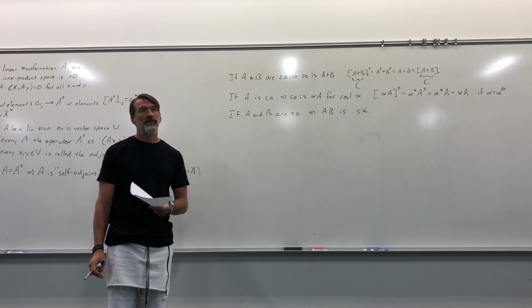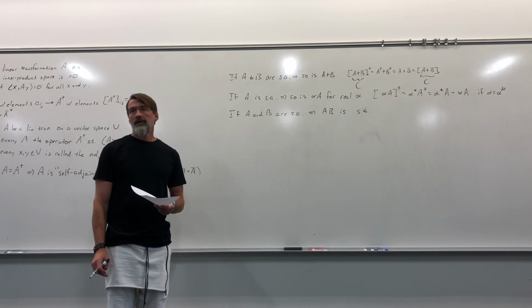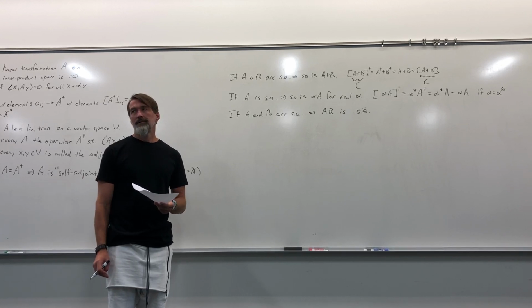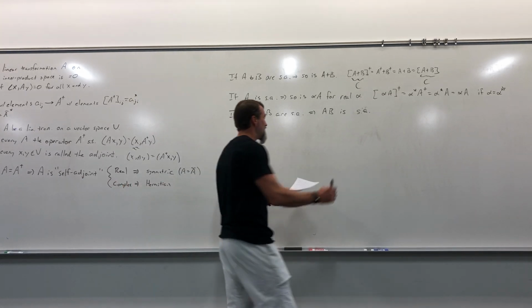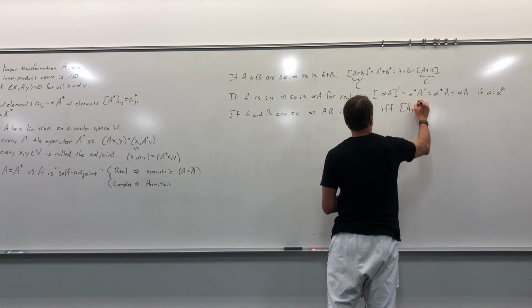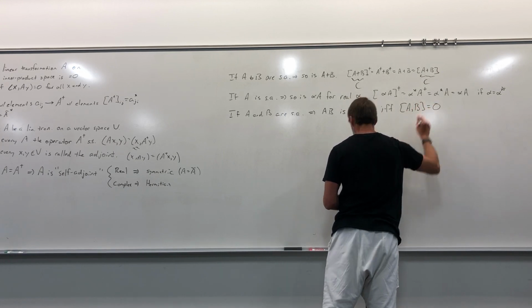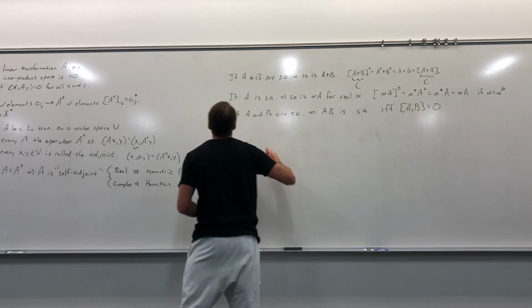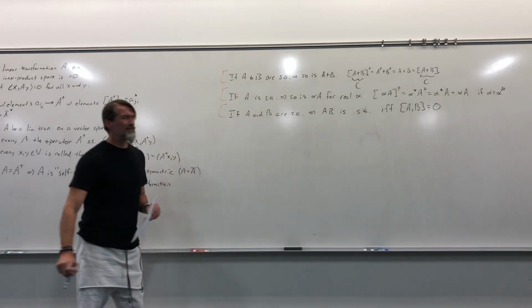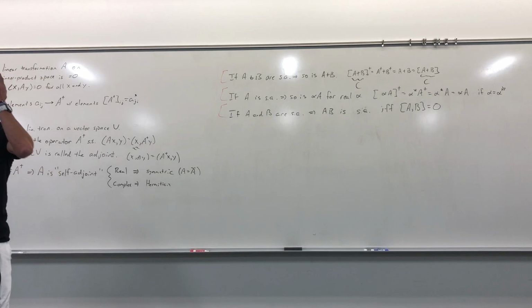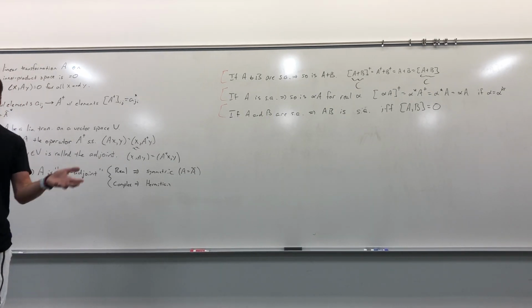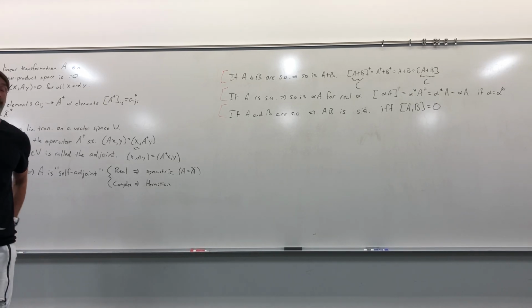Is this true? Nope, there's an if. If A and B commute. Right? Why do they have to commute? Well, let's explore this. That's the definition of commuting, but why do they need to commute? Because when you take the dagger,